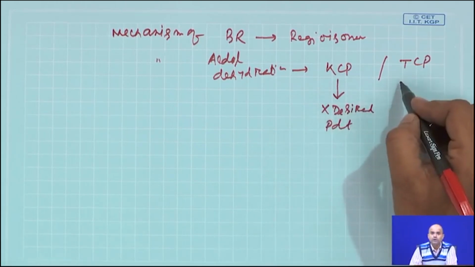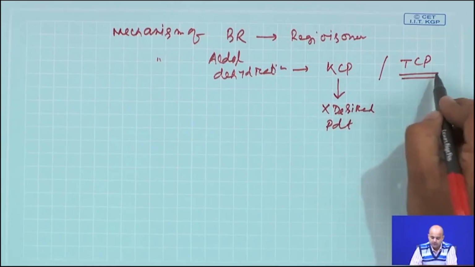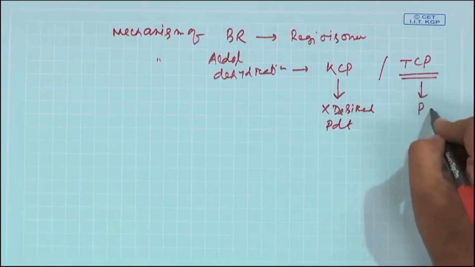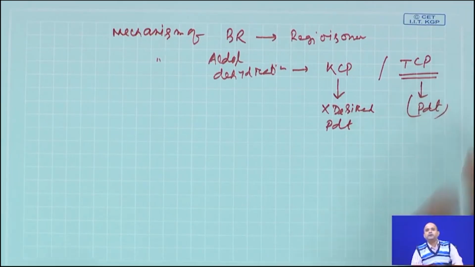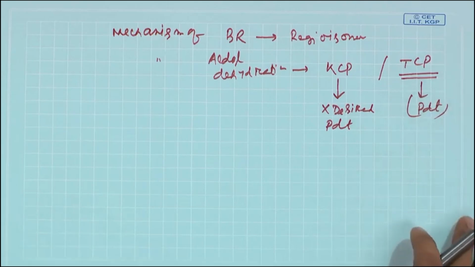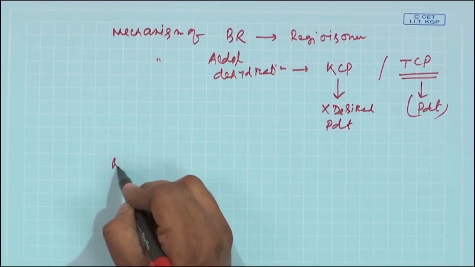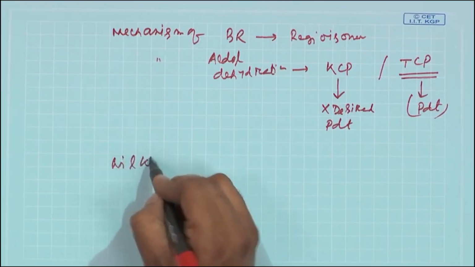Now, if you allow the thermodynamically controlled product, meaning that you allow the starting material to generate the thermodynamically more stable enol, you get the desired product. So, if you have a clear cut concept about the mechanism of the aldol dehydration, then you will be able to do this transformation. And then finally, we are talking about a Wilkinson catalyst,